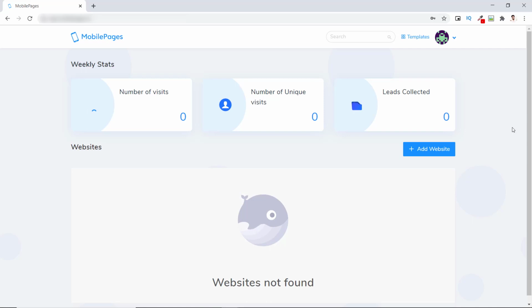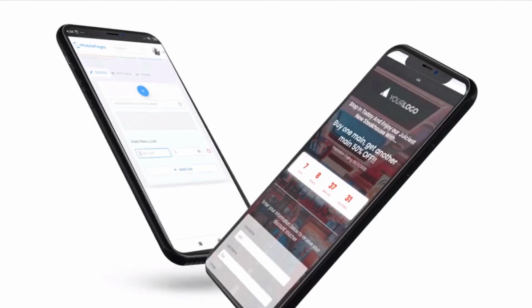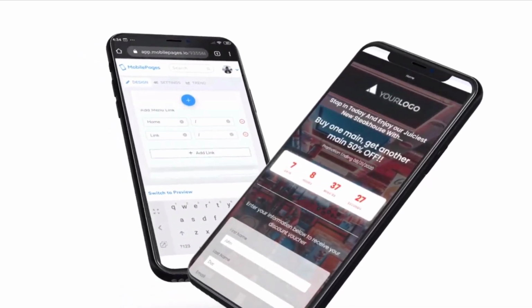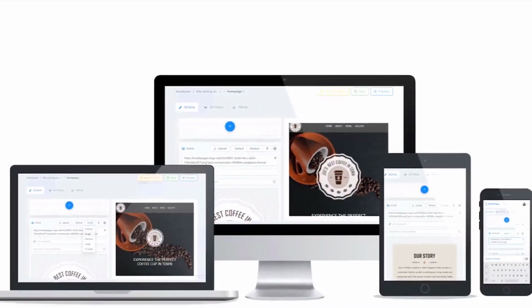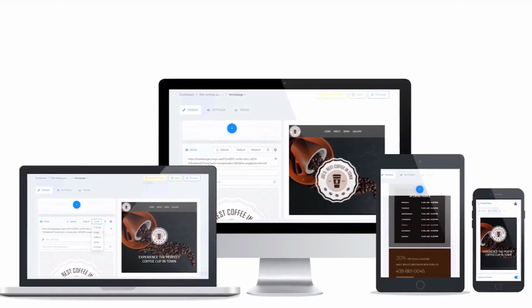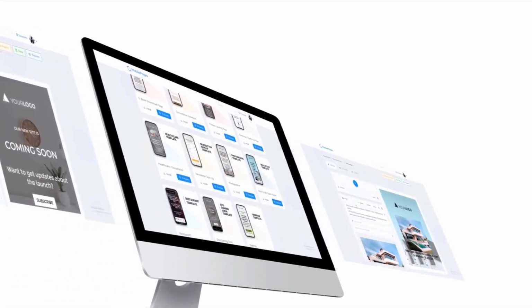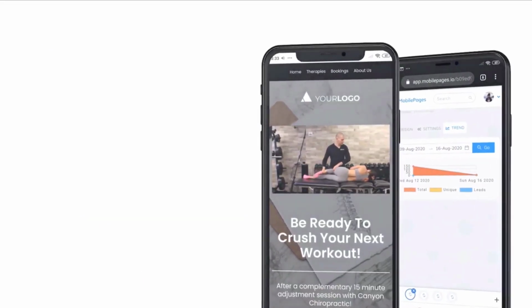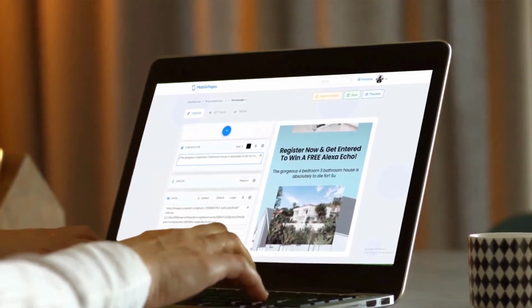So what is Mobile Pages Agency? Mobile Pages Agency can transform a business website into a sleek, high converting, mobile optimized website in a few minutes. You don't need any laptop or desktop. You can simply create mobile optimized pages or ad campaigns all from the palm of your hand, by your mobile phone. In short, it is drag and drop software that works on any device including laptops, PCs and mobile, and you can create high converting custom mobile pages and ads. Right, so without any delay, let's start the video.